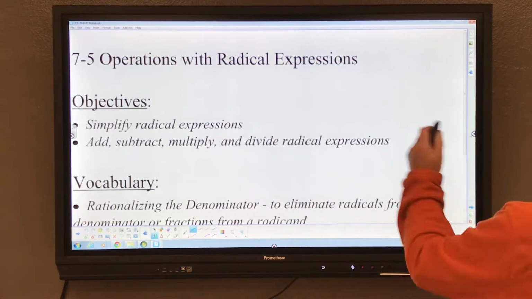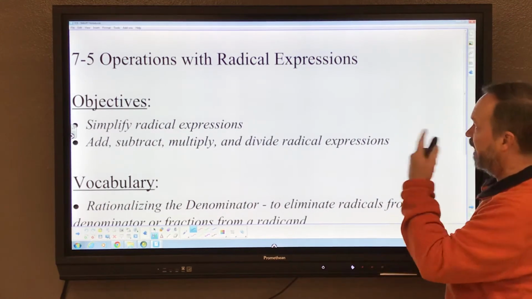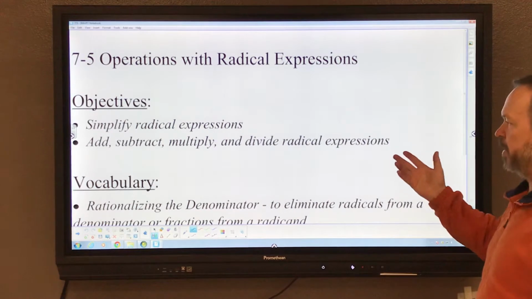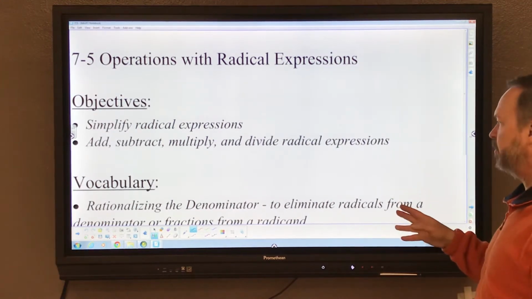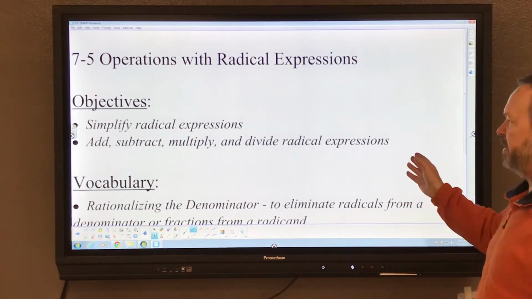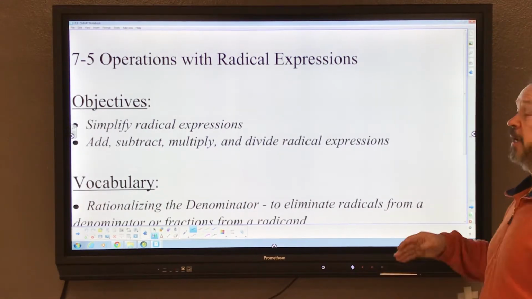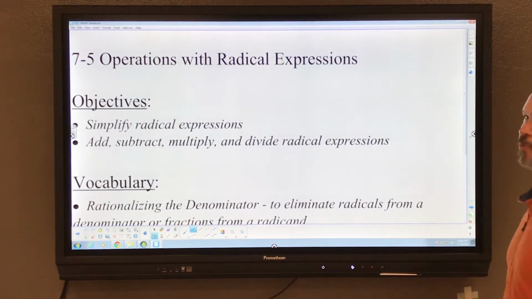So this is lesson 7.5, and we're going to be dealing with rational expressions. You can see simplify, which is what we'll spend a bulk of our time here on. Add, subtract, multiply, divide, radical expressions. You did that in Algebra 1. We didn't spend a lot of time on it though, so we probably need to plow through it just a